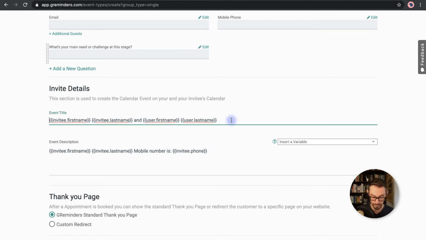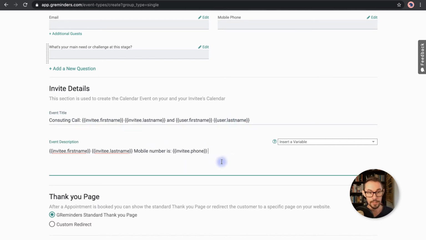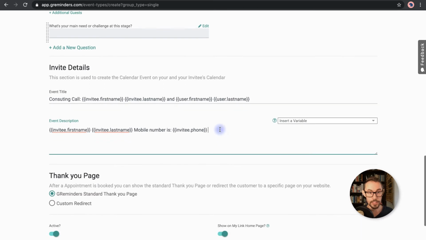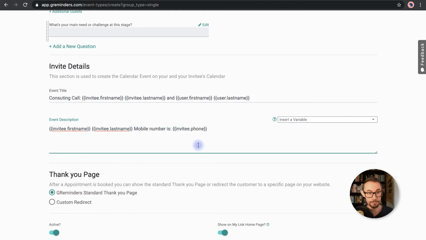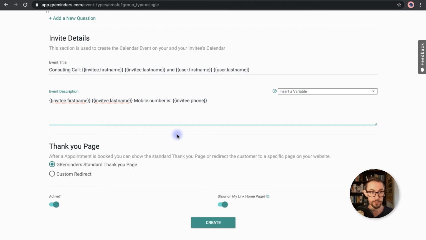So, I mean, I might have at the start of this, consulting call, for example, and then event description. And you could change this. Let's add in event description, first name, last name, mobile number. Okay, yeah, let's leave that as it is. This is for the